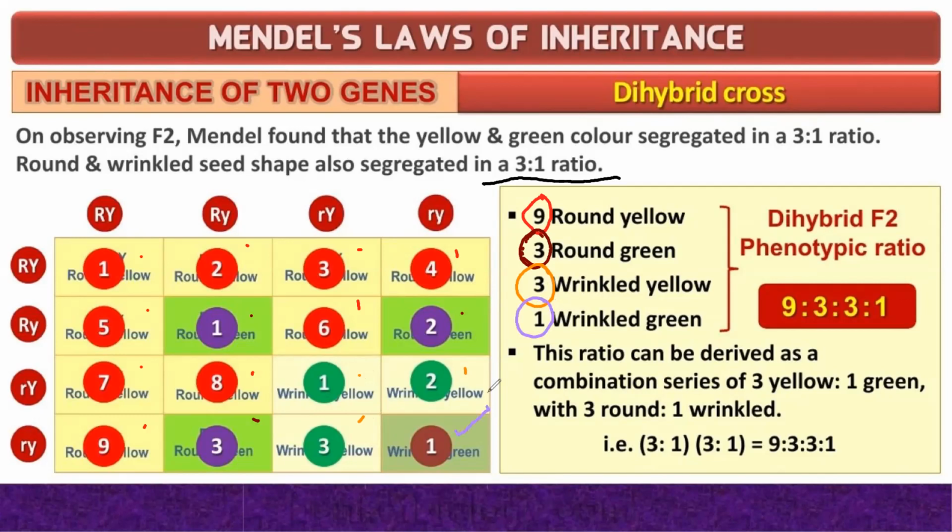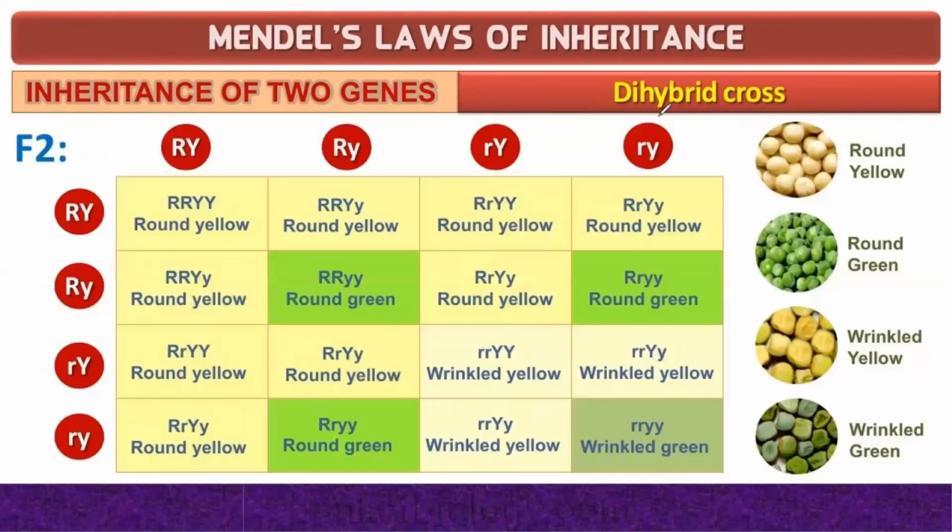As in video 1, I told you in any Punnett square, if you observe it, the first and the last is always a parent genotype and phenotype. Here also it's the same. The first one is the pure breed, the one that we are taking in the F1 generation. The first one is capital R, capital R, capital Y, capital Y, and the last one you can see is small r, small r, small y, and small y. These both are the genotype of the parents that were used before the cross pollination.